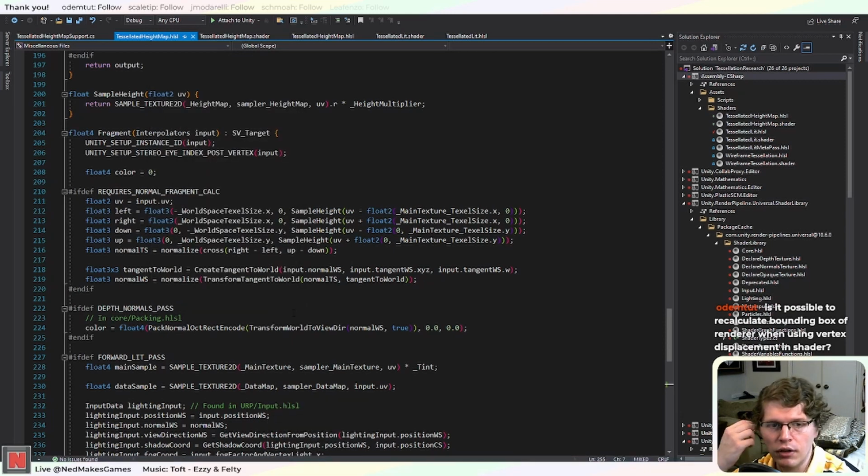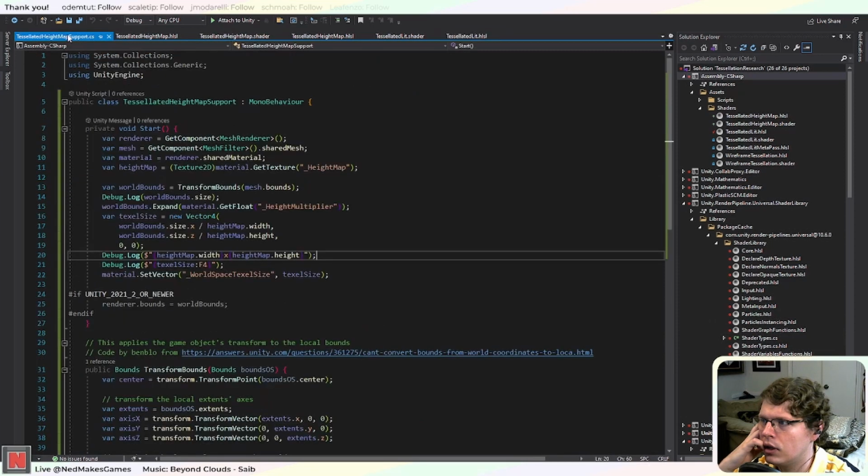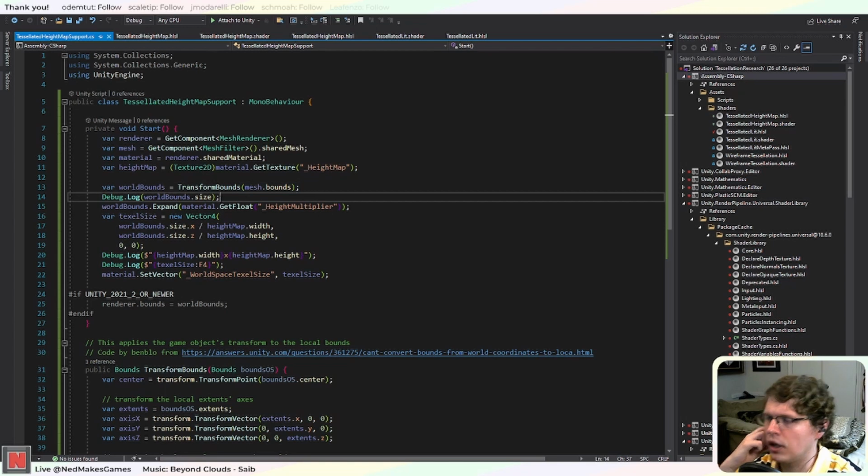Is it possible to recalculate the bounding box of the render when using vertex displacement in the shader? Bounding box of the render. Oh, well, I tried to. So here we do the bounding box and then I just expand the world's. Oh, you know what? I think that is the issue. Yeah, thank you for mentioning that, because I think what I've done here is I've expanded the world size to